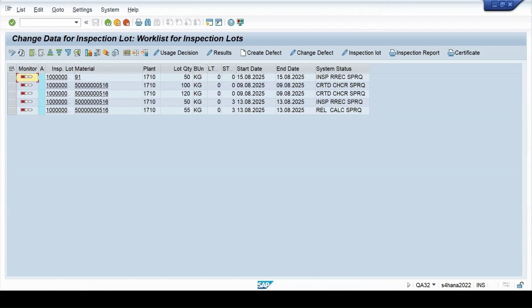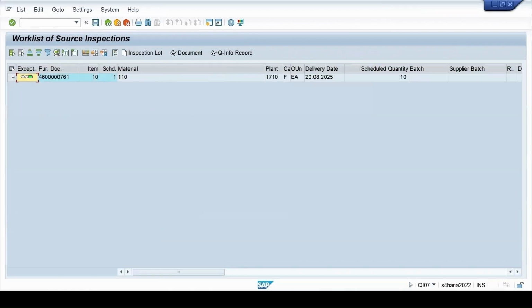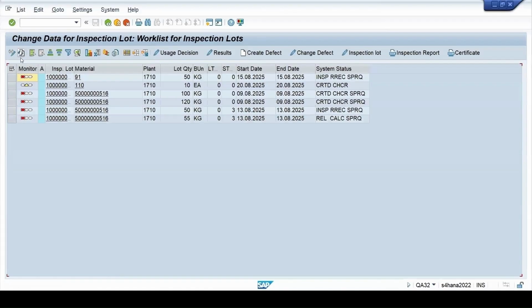And at present, this is the work list. If I select this and then click on create inspection lot, then the lot will get ready. Save it. Now again, we will check our QA32 report and refresh it. So my lot is triggered, which is in the created state.